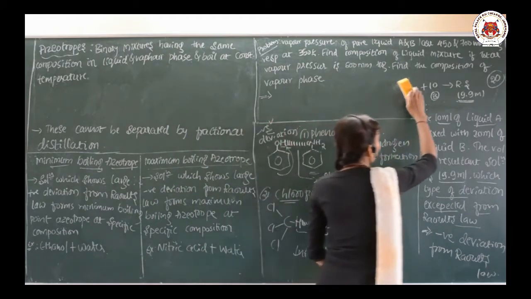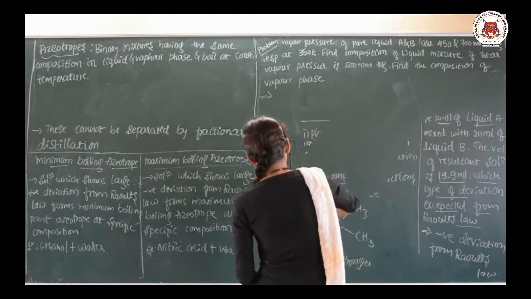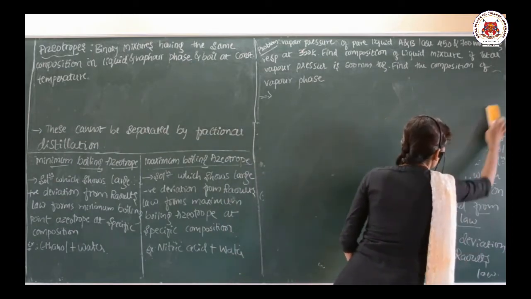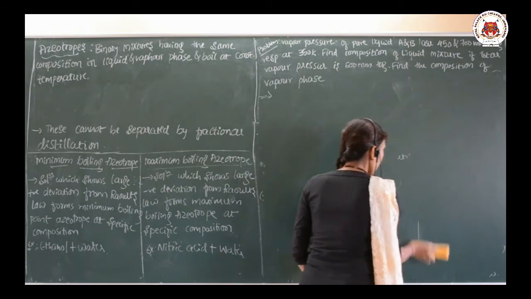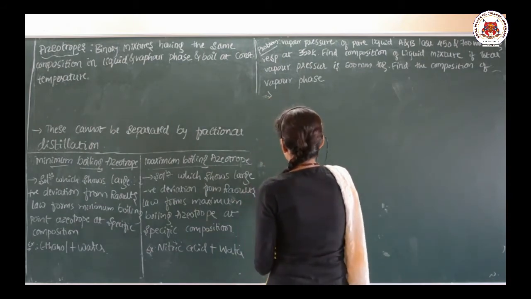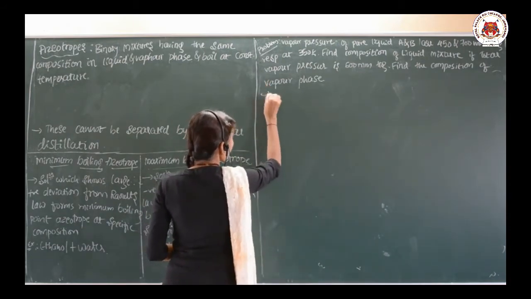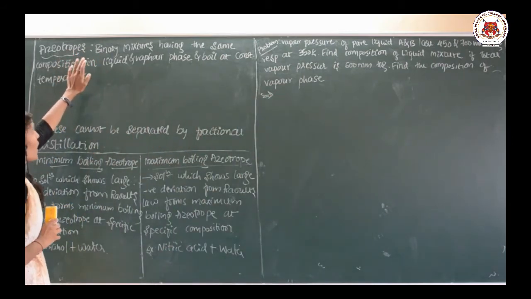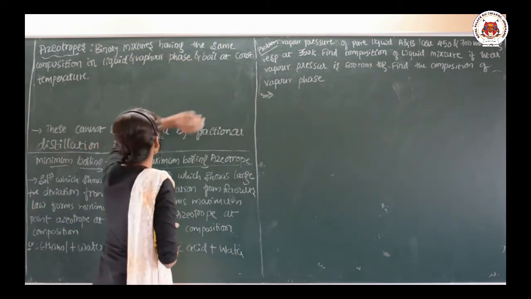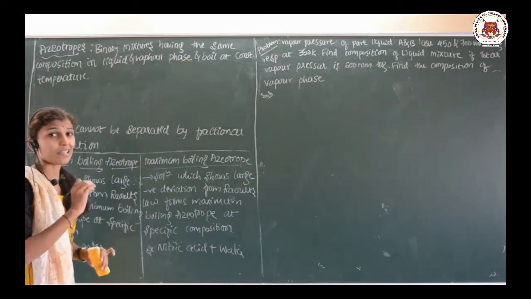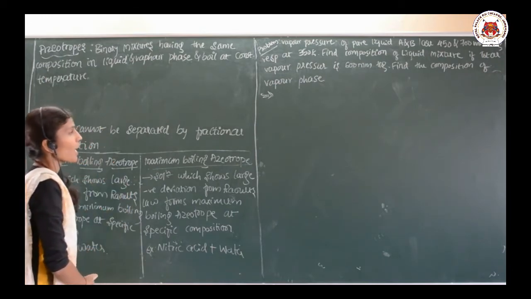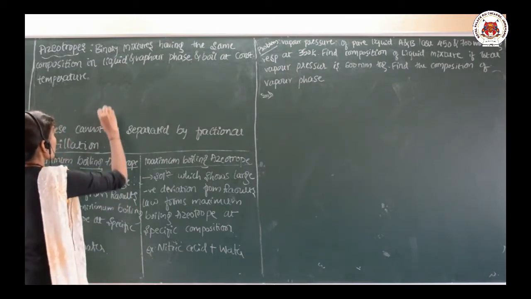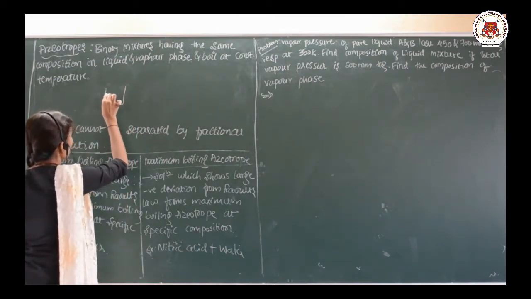Let me go to one more concept of the theoretical part, that is regarding azeotropes. Azeotropes are binary mixtures which have the same composition in the liquid and vapor phase and boil at a constant temperature. See here, for an azeotrope also we are mixing two volatile liquids,